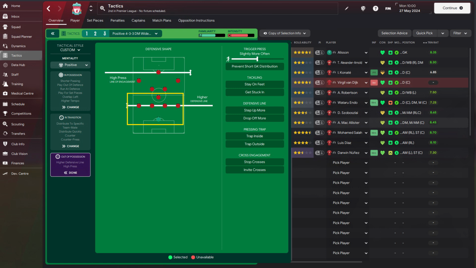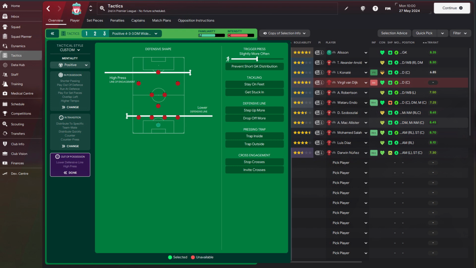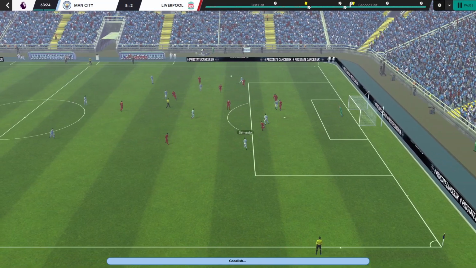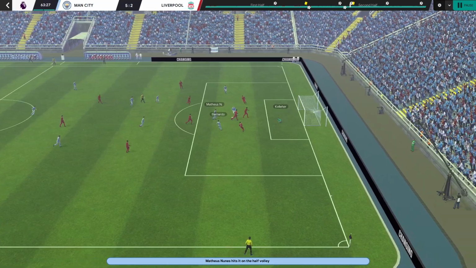higher defensive line. A higher defensive line works for Liverpool, as the defenders are quite fast and can cover the space left behind. But if your defenders are not fast enough, lower the line to a standard one. However, don't get scared and lower it further. As slow as your defenders may be, a lower defensive line just invites pressure, and pressure on your backline, at least in Football Manager 2024, is not a desirable thing.